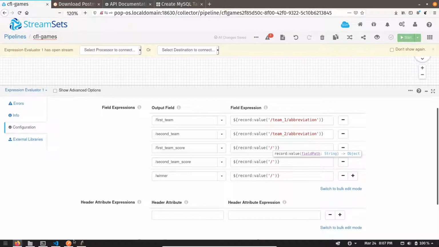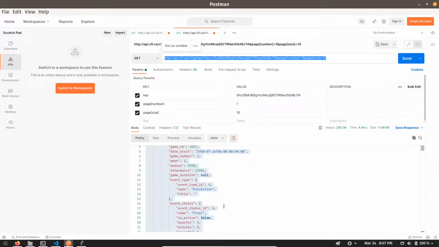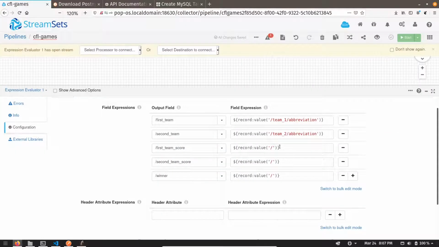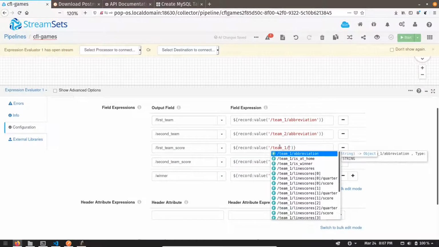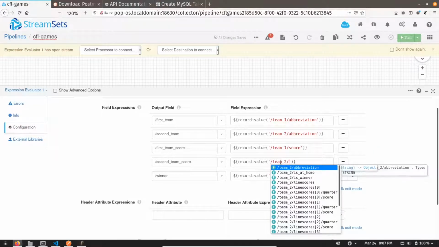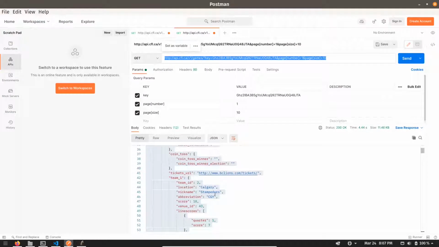if we go into the result, we can see there is a score column in team1. So team1 underscore score, and similarly team2 score. Yeah, and this one is the tricky one because we don't have a winner field.